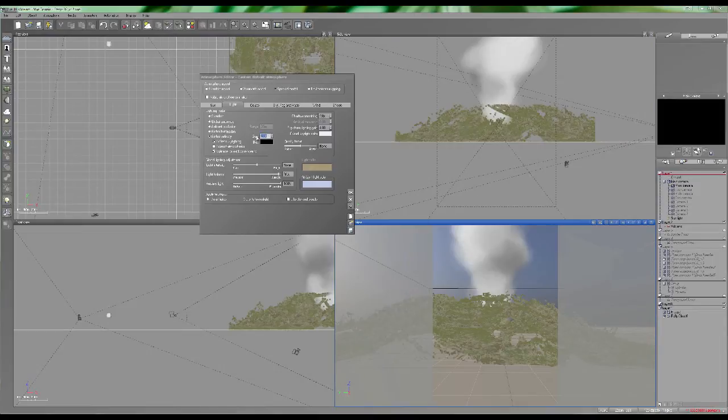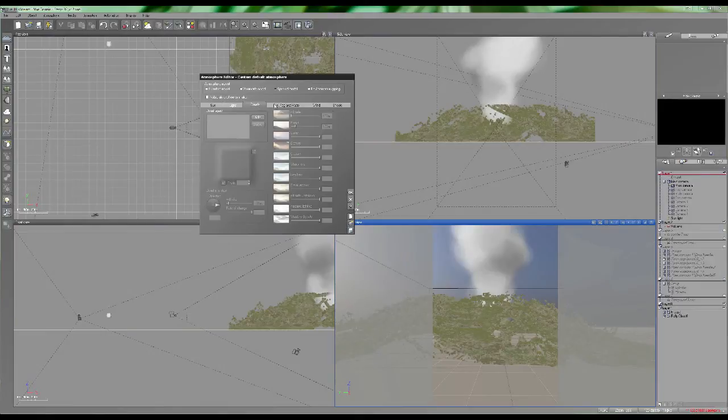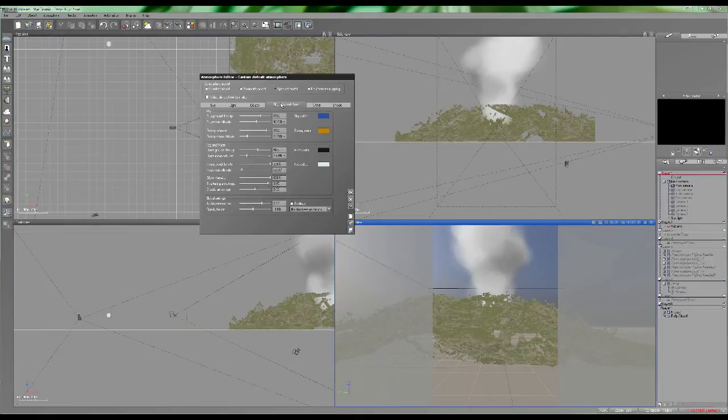The radiosity gain is going to increase the amount of reflected color light. The clouds, we haven't touched anything. The sky, fog and haze, for all those who know exactly what they're doing. There's your settings. Just to quickly explain it,